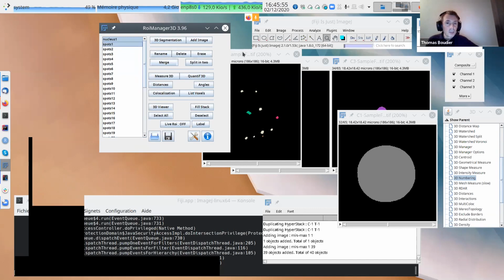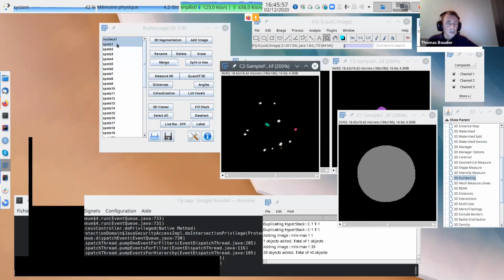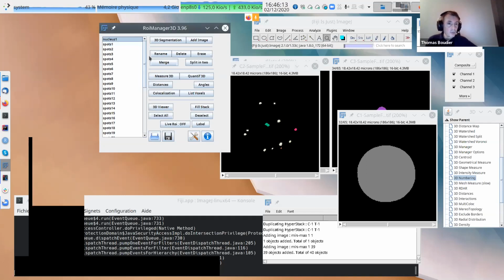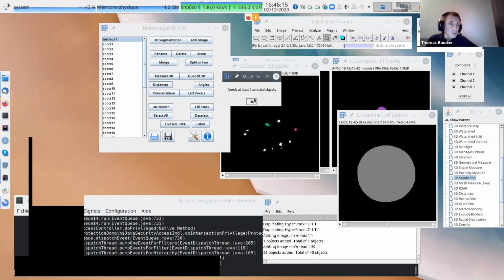So let's say we want to measure the distance between nucleus 1 and spot 1, the first spot. For the distance between two objects, we need two objects to measure the distance. If you have one object, you can't; you need two objects.